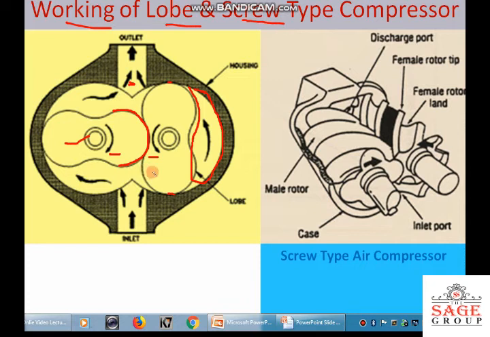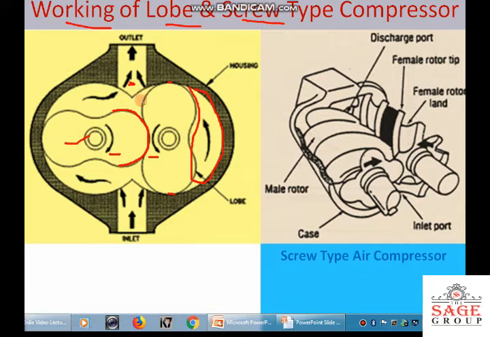So if from one side the volume V is trapped and handled to the receiver side, then in one revolution the 4V volume will be delivered to the receiver side. Now how does the compression take place? Because this is continuously rotating and handling the volume V from both sides, the 4V amount of volume is handled in one revolution. But the pressure of the air is not increased because this is a constant volume.